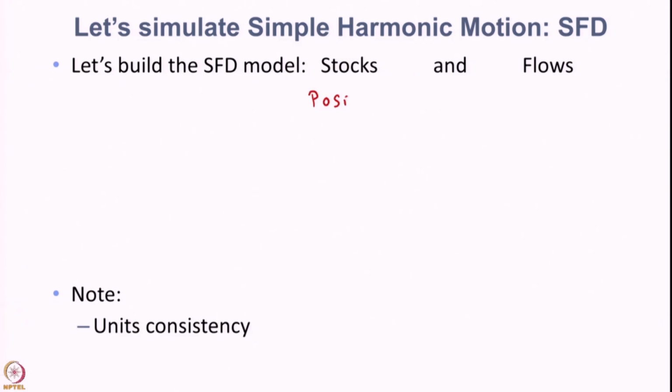One is the position, the other is the velocity, and position is going to be affected by the flow of change in position, which is nothing but the velocity, and velocity is going to be affected by the change in velocity